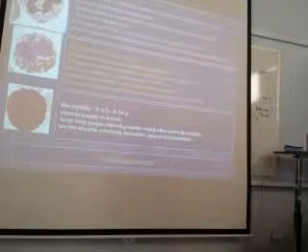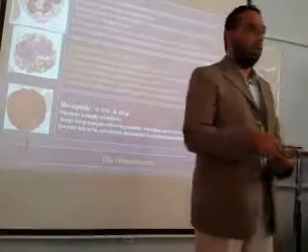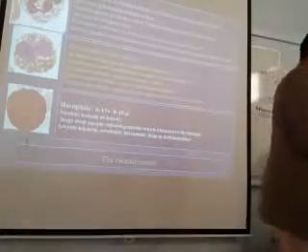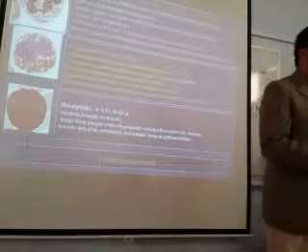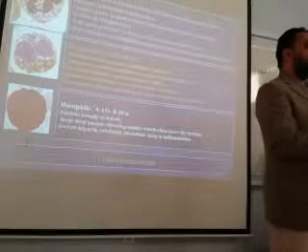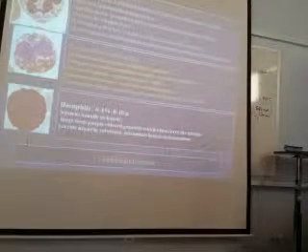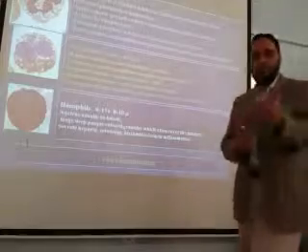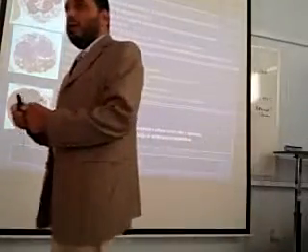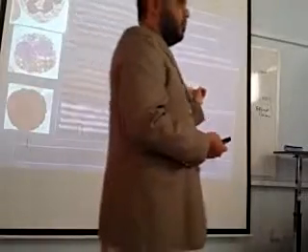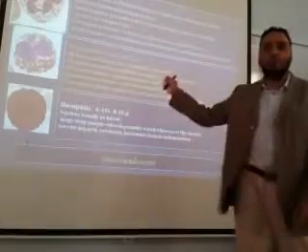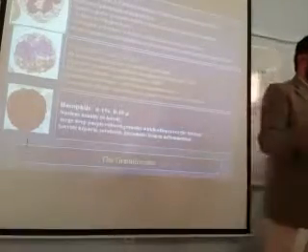Lifespan, a few hours, 4 to 8 hours in the blood, and 4 to 5 days in the tissues. If it is circulating in the blood, it will last for about 4 to 5 hours. If it goes out into the tissues, it will last for about 4 to 5 days. Of course, if it doesn't come into contact with any toxin or microorganism. Otherwise, if it comes in contact with a toxin or a microorganism in the fight, in killing the microorganism, sometimes or most of the time, the neutrophil is also killed off. So this is the normal lifespan, if it doesn't come across anything.